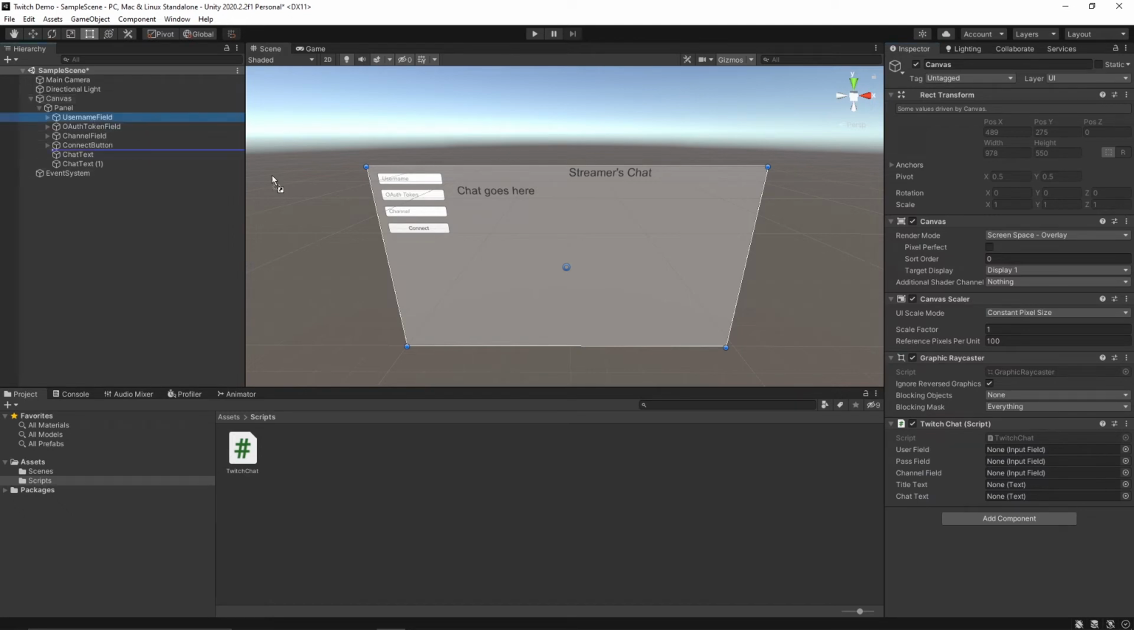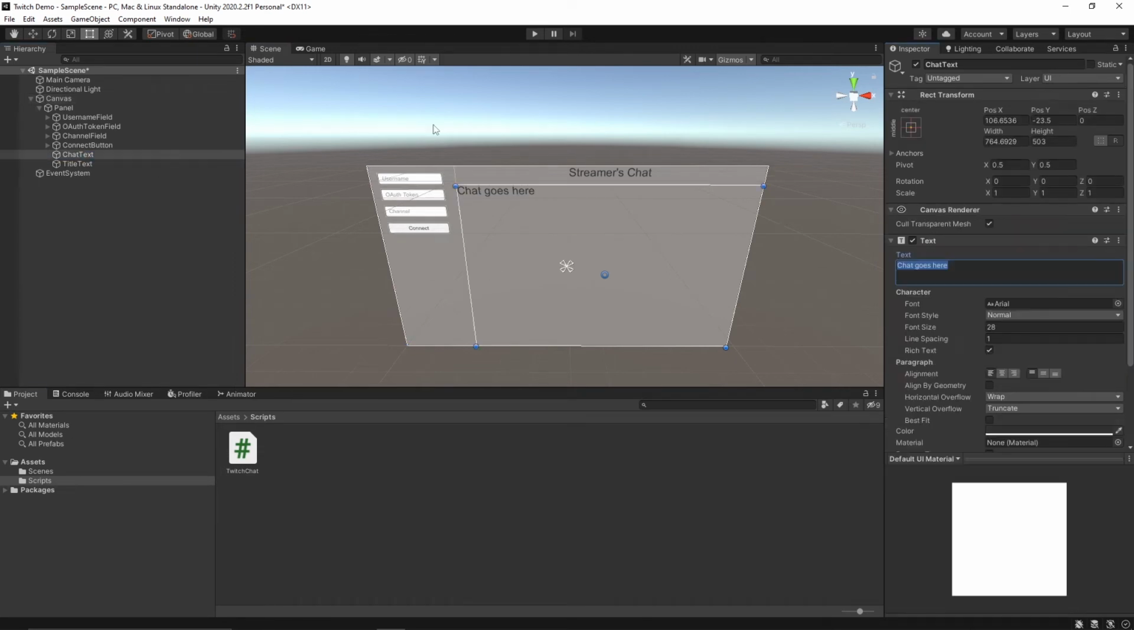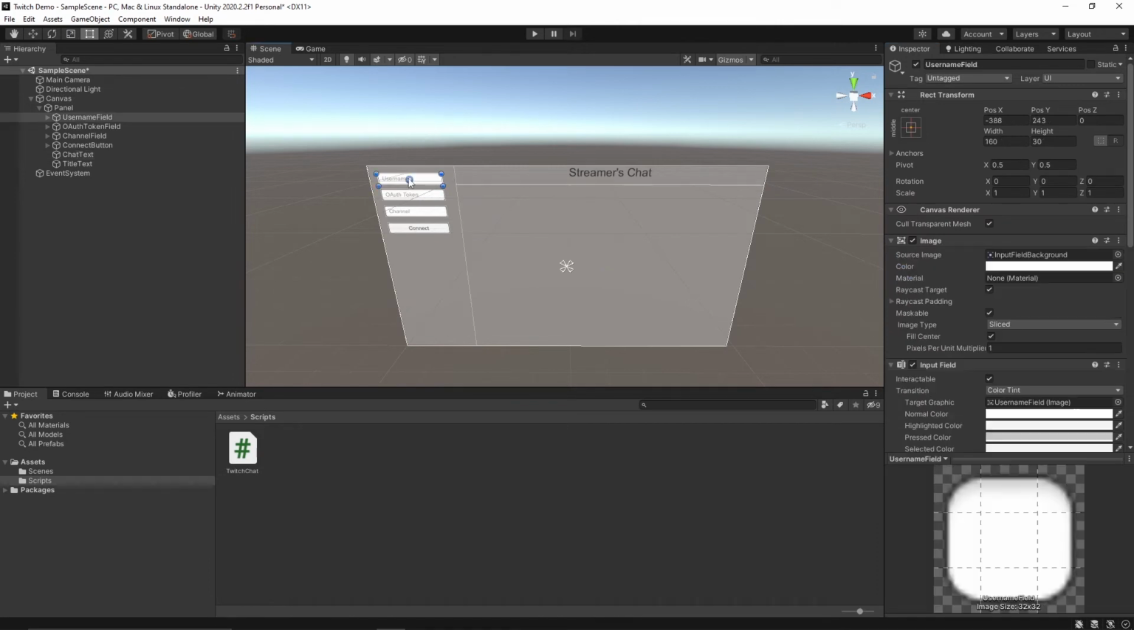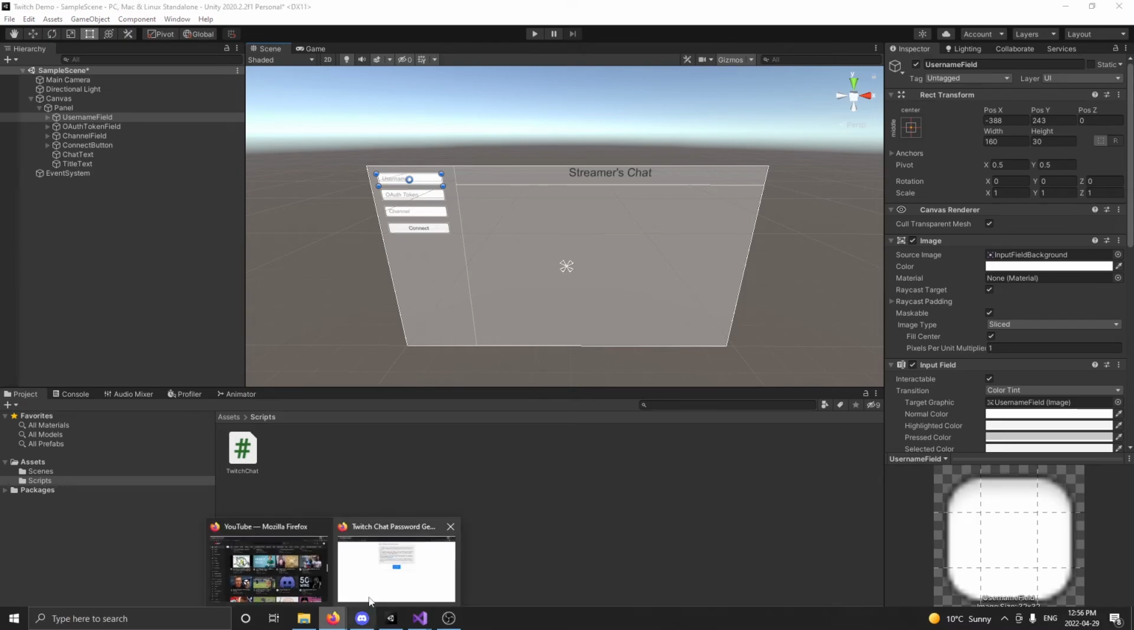And let's make sure we put in the proper fields here, so username field, password field, channel field, our title text, and chat text. Now there's one last step we have to do before we actually try to log in. Well, actually two steps, I guess. I'm going to delete this text first so it's not showing up. But the main thing I was going to talk about was